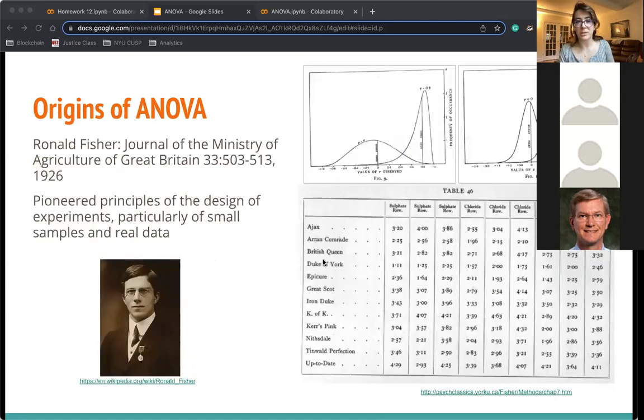And I want to talk a little bit just about the origins of ANOVA, because I think it's kind of interesting how a lot of this is based in agricultural experiments. Specifically in this case, we're talking about potatoes, where different fertilizers were applied to different plots of soil. And this was developed by Ronald Fisher, who pioneered principles of design of experiments, particularly of small samples and real